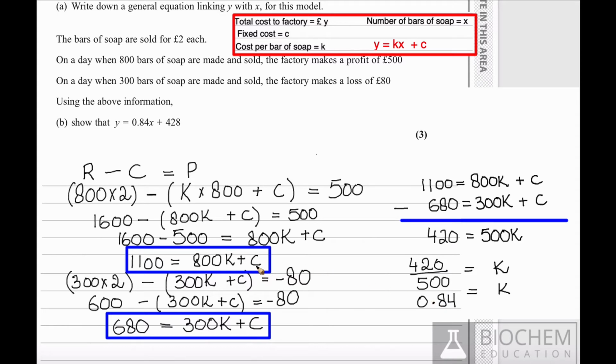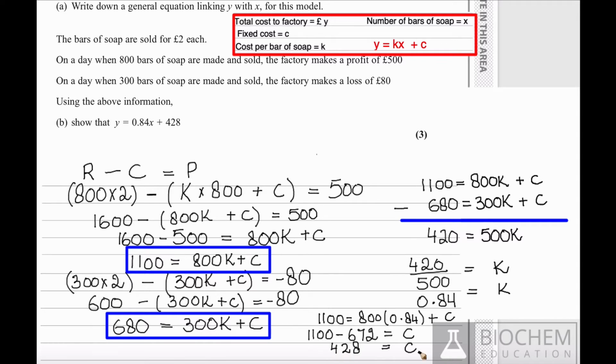Now in order to find C, we can substitute this value of K into either of these two equations. So let's substitute this into the first equation. We can write this down as 1100 is equal to 800 times 0.84 plus C. 800 times 0.84 is 672. So we will say 1100 take away 672 is equal to C. And C therefore comes out to be